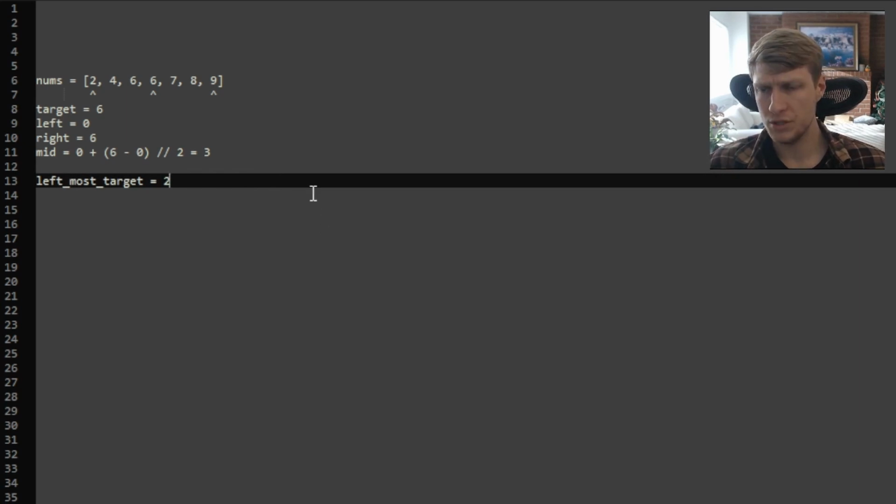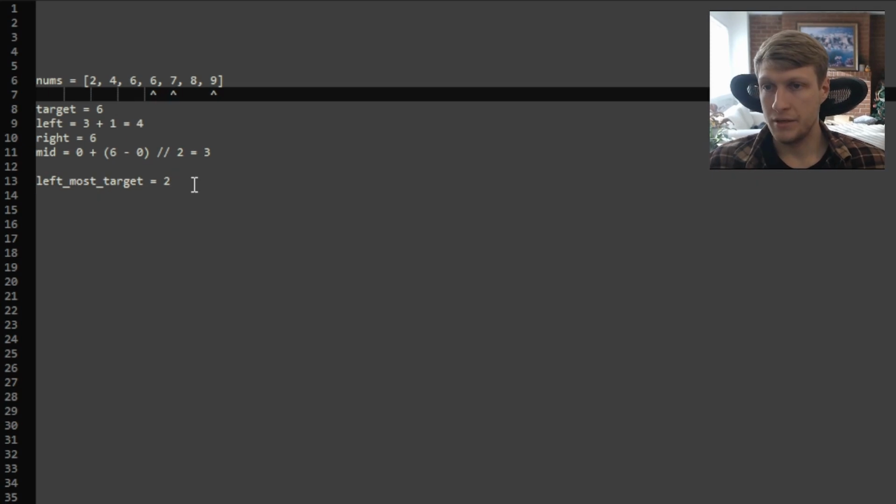And we'll check to see if the value at the midpoint is equal to our target again, which it is. But now, since we're looking for the rightmost instance, instead of changing our right pointer, we're going to change our left pointer, and our left pointer is going to be equal to our mid plus 1. And now that our left pointer has changed, we need to update our midpoint, and now we'll check the value